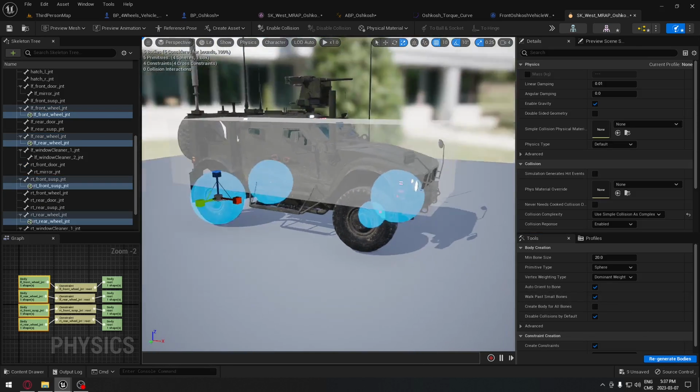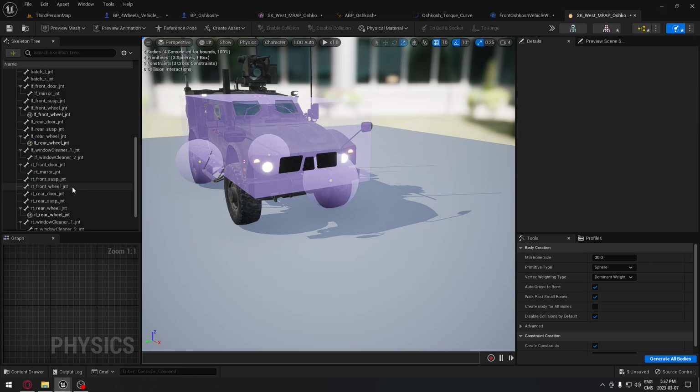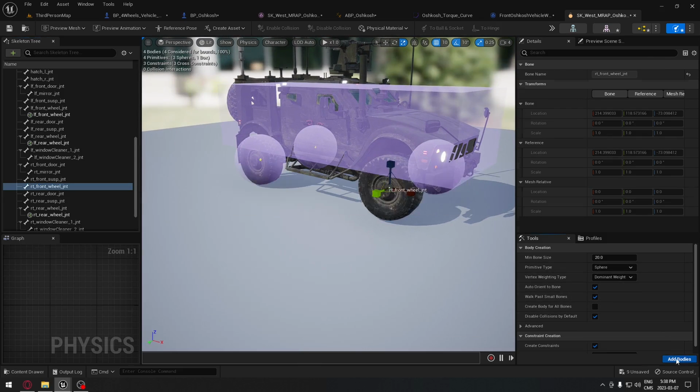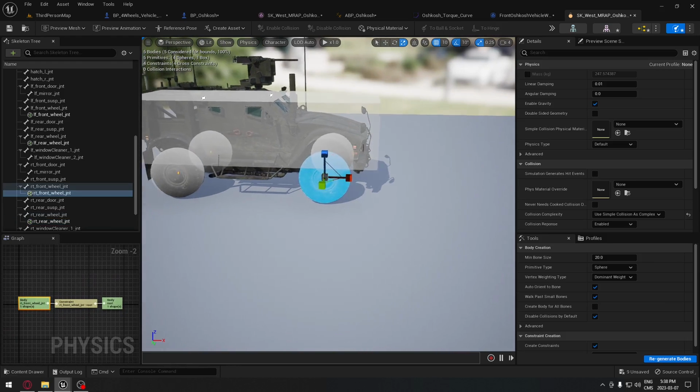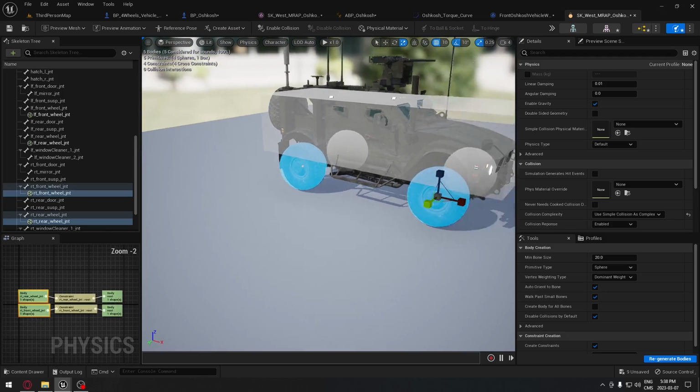Now for some reason, I selected the wrong one here. Oh, that's the suspension that I did. So I'm going to delete that, and I'm going to select the front wheel, which is this one here. Perfect. So I'm just going to repeat the same process here. So now we have all the wheels done, spheres all ready to go. So we're going to select all of those wheels,